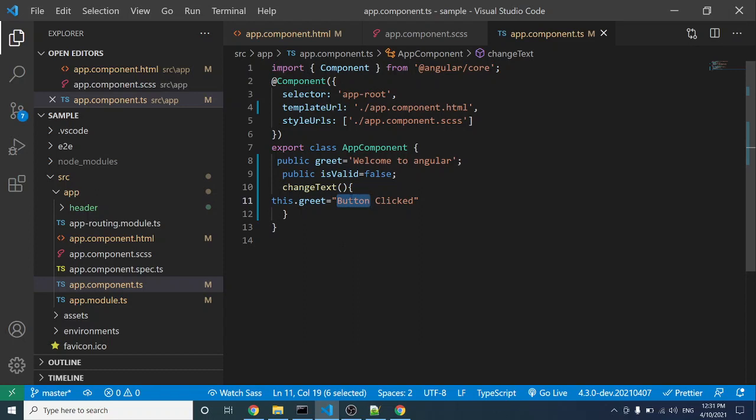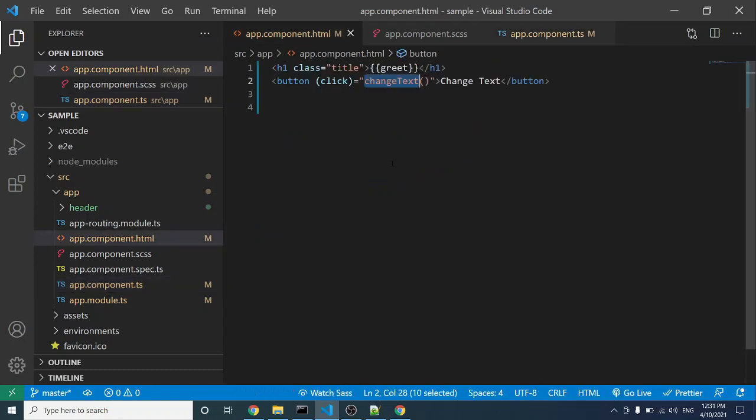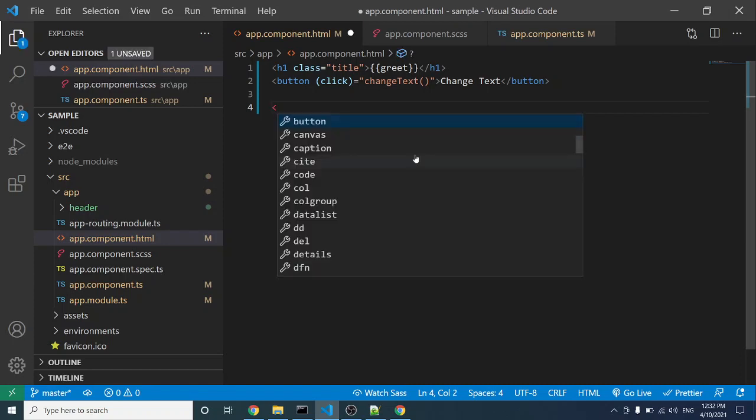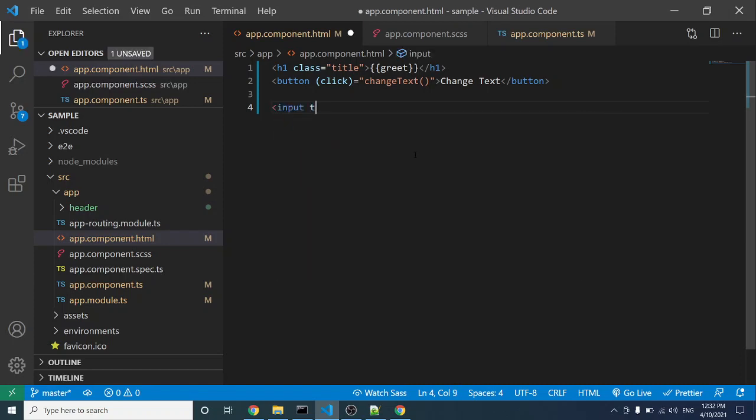In the same way, we have different types of events. We will see some of them. Let's see the example, key up event. Let's take some input box, input type equal to text. So now we will see the key up event. Key up means it's a keyboard event. Key up equal to,